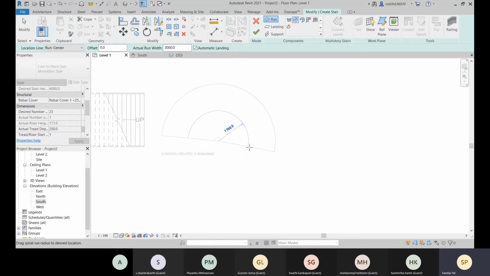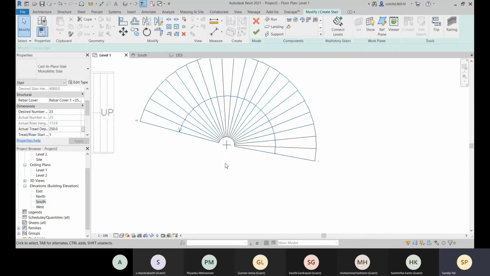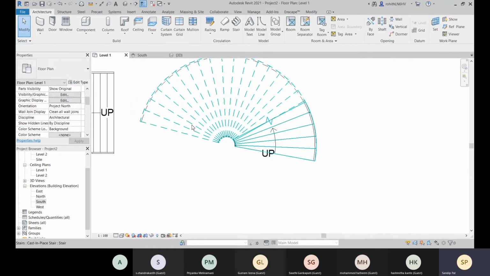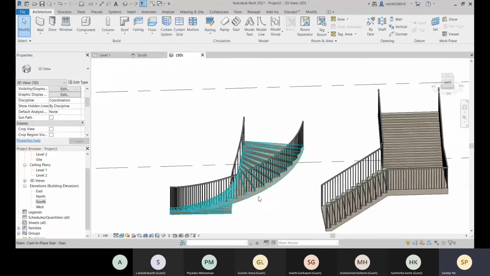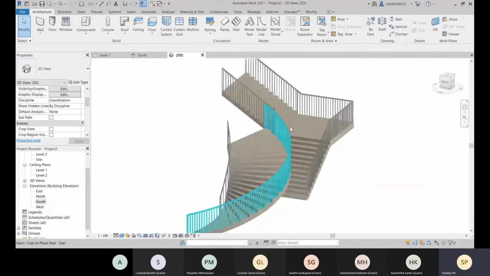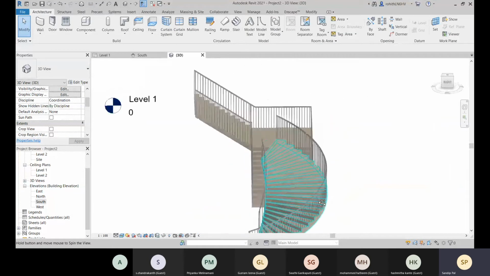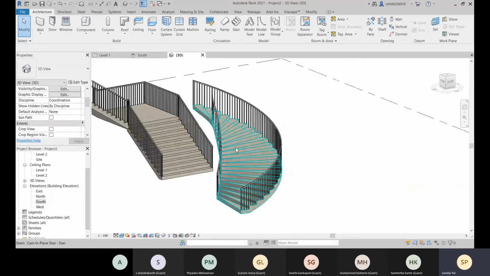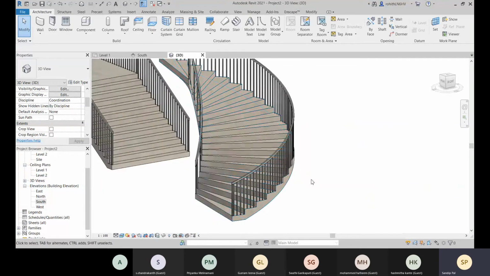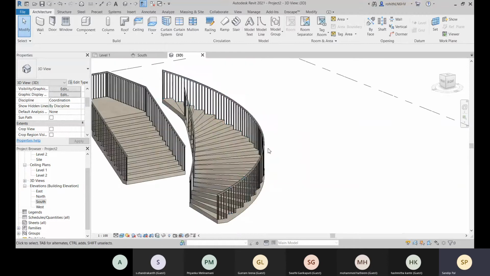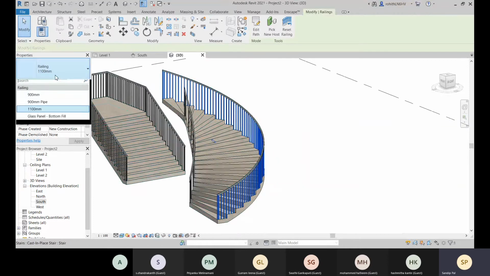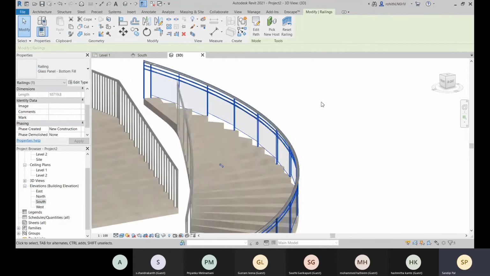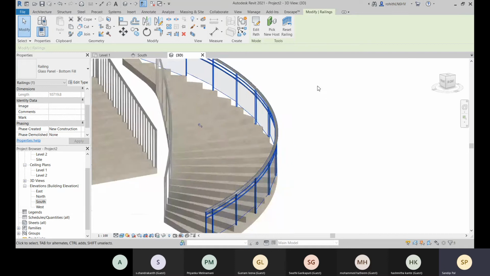And let's go with this one. Okay, so you can check this. Let's come to this where you can see. So creating stairs is very easy. You just have to place on the right location, and then you will have your stair. Okay, and after that you can change this railing. Like this one or this one. You can have this one. So place with these glass panels. All right.